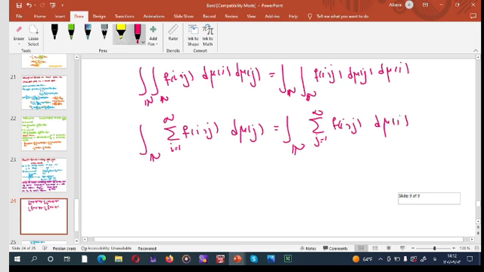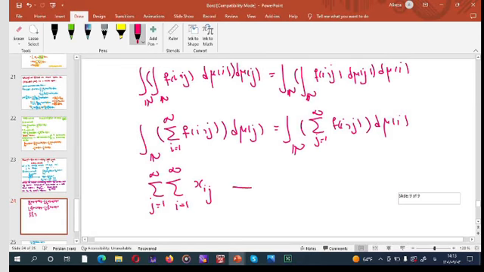Please note that this is, for example, the inner integral equal to this summation, and this inner integral equal to this summation, and in the next step this is equal to this summation d mu j, j from 1 up to infinity, then i from 1 up to infinity, f of i and j, by our notations we can write x_ij, okay,